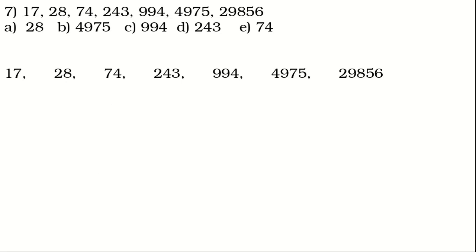Now, let us observe the given numbers. As we discussed earlier, we cannot get the answer by finding the difference between two successive numbers in a series. If you understand this, let us look at these two numbers now. Let us go with an approximate value. Let us consider this as 5000 and this as 30,000. As this number is close to 5000, let us go with an approximate value 5000, and this number is close to 30,000. Let it be 30,000. So 5000 6 times gives you this number.